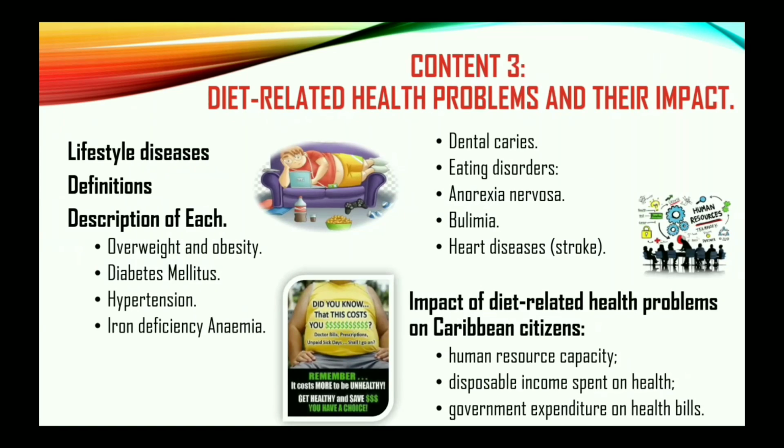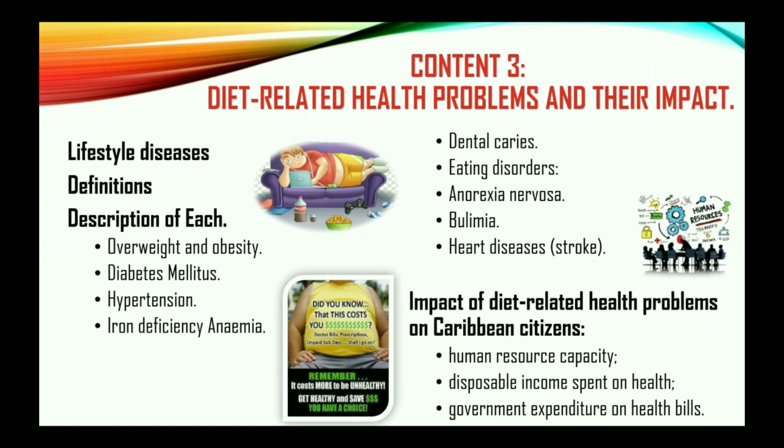So we speak of controllable factors and we speak of uncontrollable factors. So remember, the controllable factors are the things that we can control. We can control what we eat. We can control how much energy we expend, right? When we speak of uncontrollable factors, as we get older, it is natural for persons to become ill. So we speak about age, we speak about genetics, good, and stuff like that.